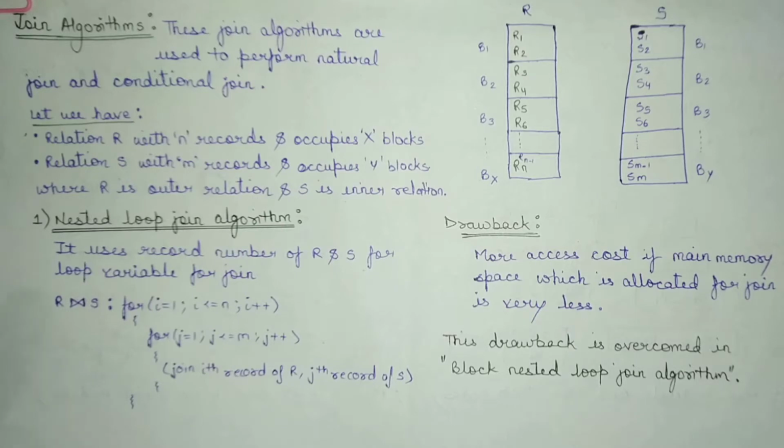So here we will be understanding what is join algorithm, what are the different assumptions that we have to make, what are the different types of join algorithms that we have, like nested loop join algorithm and block nested loop join algorithm, what is the definition of both of these algorithms and how they differ, and what is the working of these algorithms. So we will be having a complete explanation, and once the explanation is done I will be coming up with the GATE 2008 question which came on this topic.